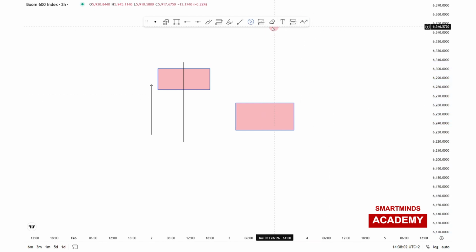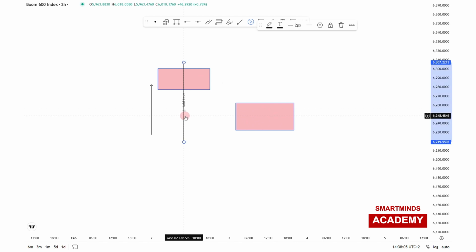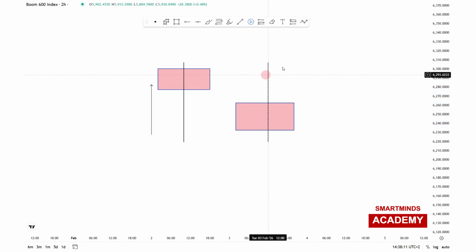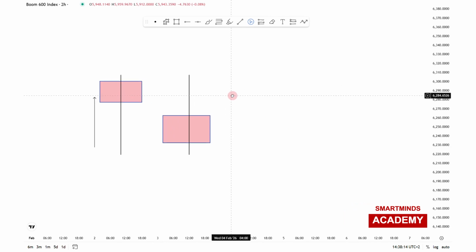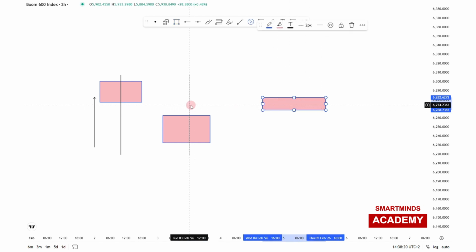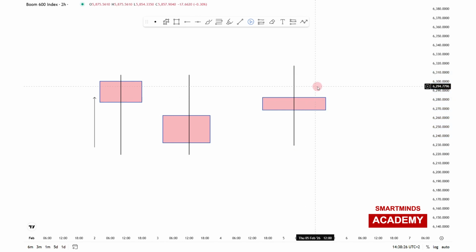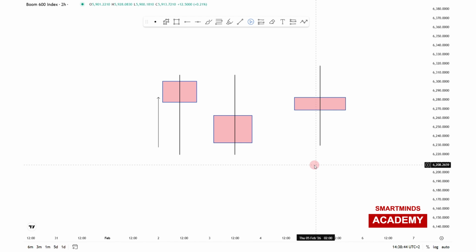If the mass is too concentrated above 50%, buyers were in control. If the mass is too concentrated below 50%, using your Fibonacci tool, you know that sellers were in control. However, if the mass is around 50% of your candlestick, your candle open and candle close, if the mass is centered, we have what is called in this case, buyers and sellers competing to push the price to a certain direction. This is what gives you your doji candlestick, and this doji candlestick is the one that brings about indecision